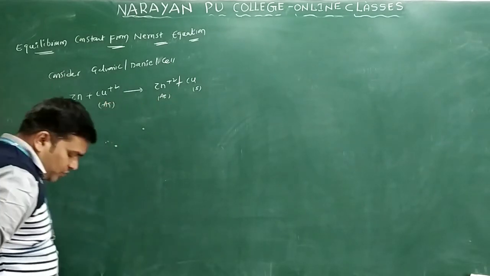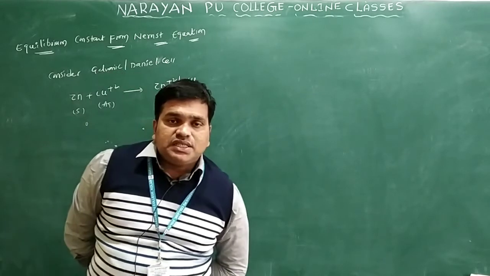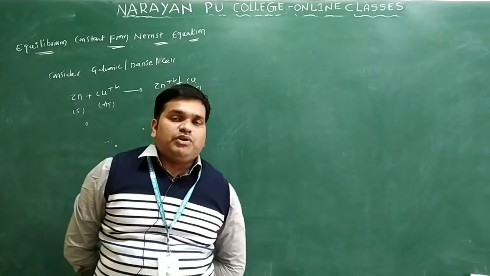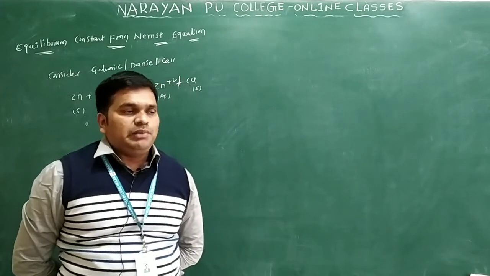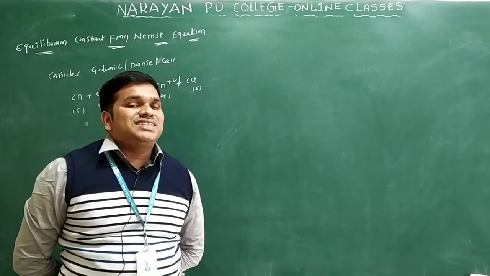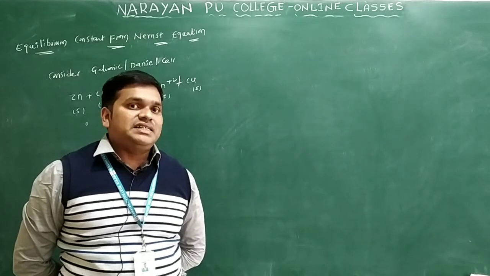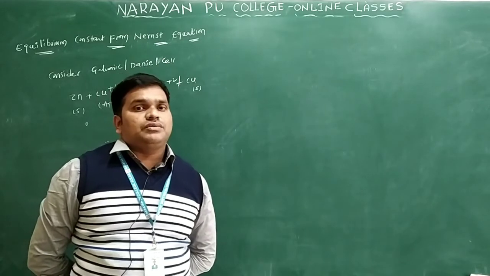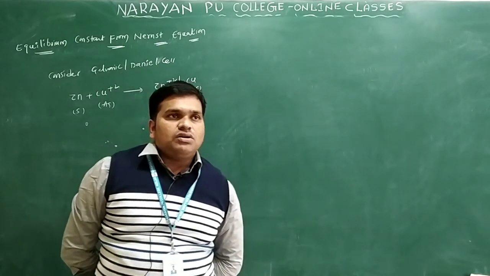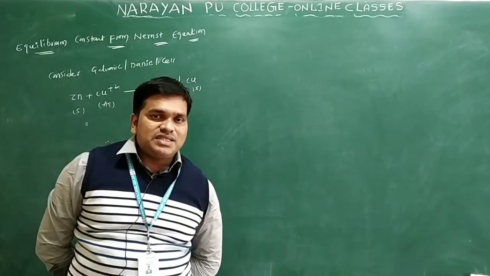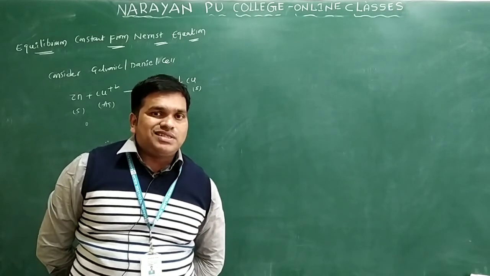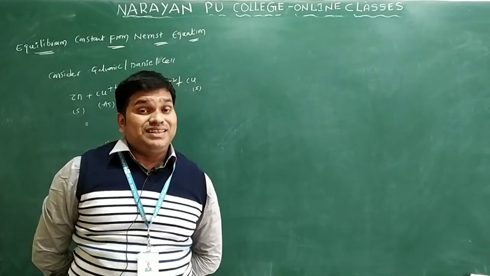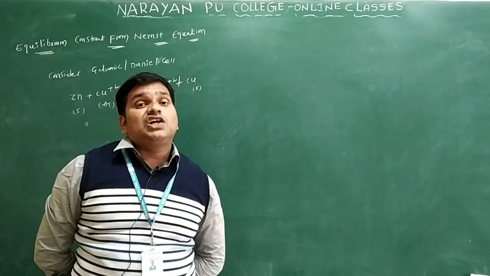So generally in the electrochemical cell we are discussing the construction of this galvanic cell. We will observe one point only. When the circuit is completed, the concentration of Zn plus 2 ions increases, and the concentration of Cu plus 2 decreases. Concentration of Zn plus 2 increasing means the mass of the zinc electrode decreases, and the mass of the copper electrode increases.